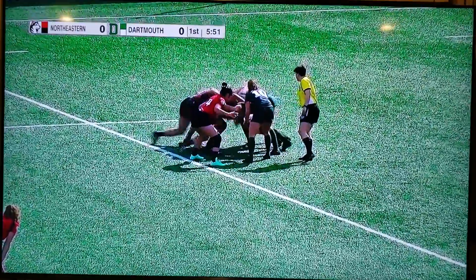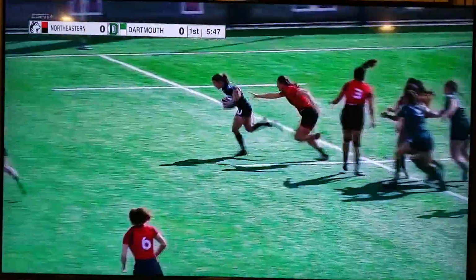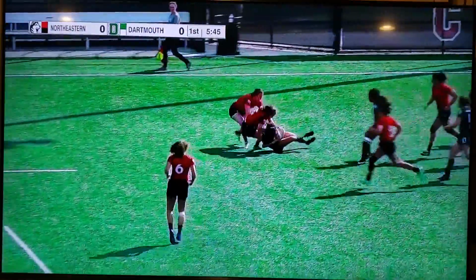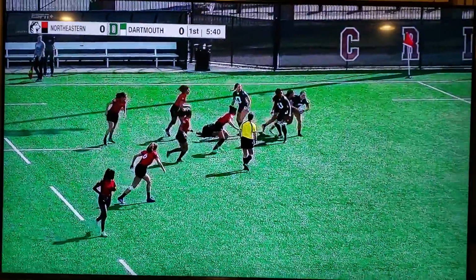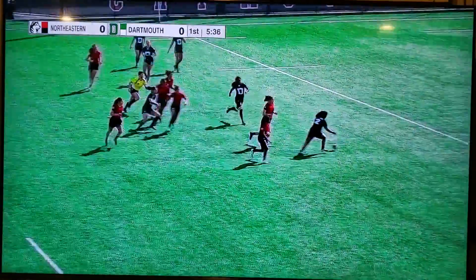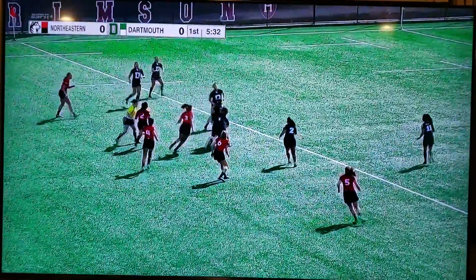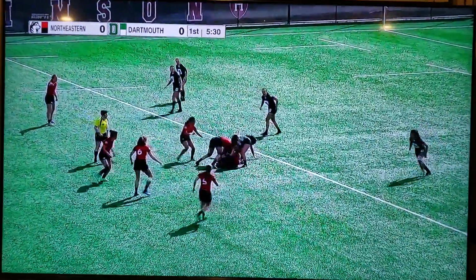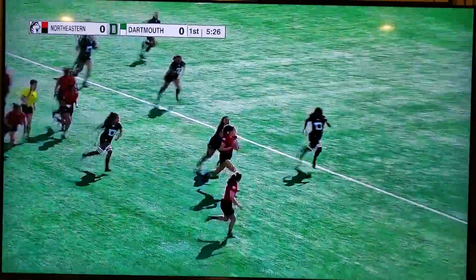Again, these players are just trying to continue their impressive display to this point. Yeah, absolutely, and it's important to remember a lot of these players have not played rugby before college. So this is all really new to a lot of them. And just to see them pick up the game and do the things they know how to do well is great to watch. So Northeastern starting with some possession here